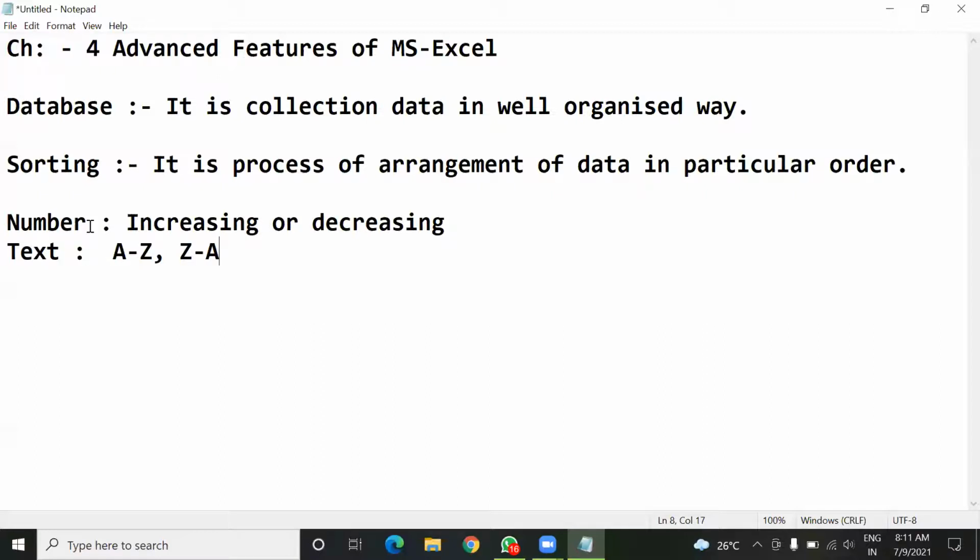Yes. So that is also a sorted type database. Now if you have date or time type data,